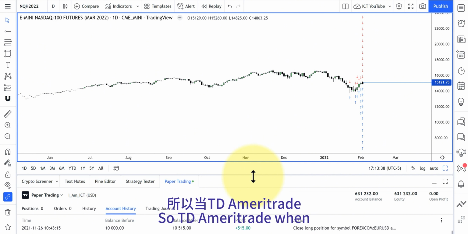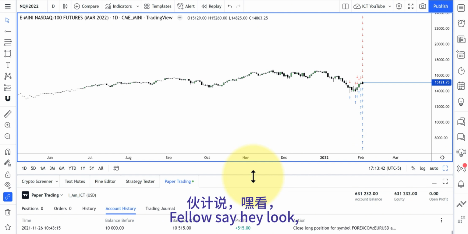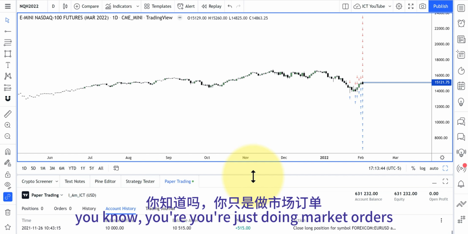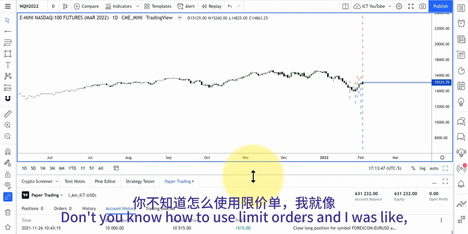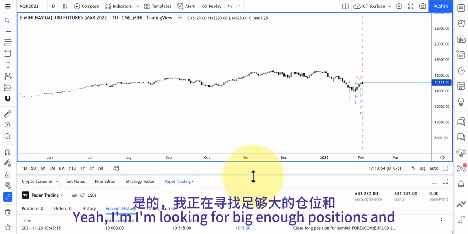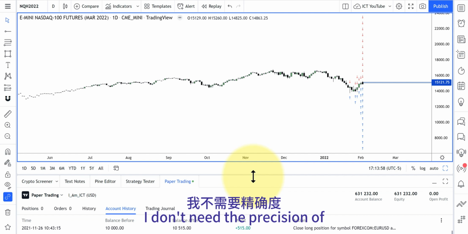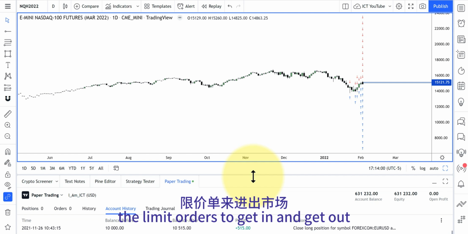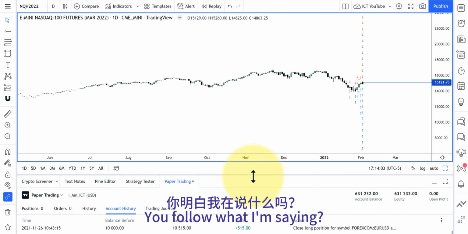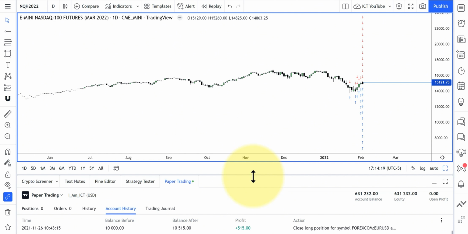So TD Ameritrade, when I show my results there, I had a fellow say, hey, look, you're just doing market orders. Don't you know how to use limit orders? And I was like, yes, I know how to use limit orders. But it's just easy for me to hot button in, hot button out. I'm looking for big enough positions and movement that I don't need the precision of the limit orders to get in and get out. You follow what I'm saying? So in other words, if I'm catching 100+ point moves in the day, I'm not really overly concerned if I'm getting